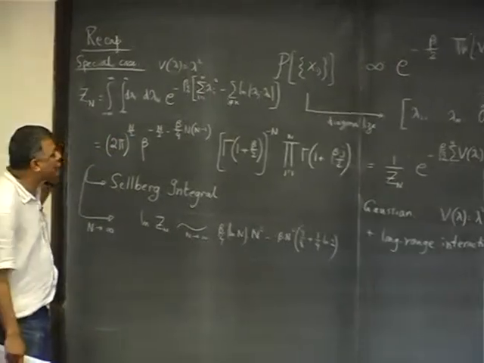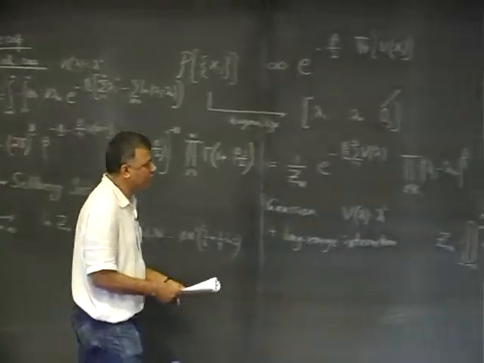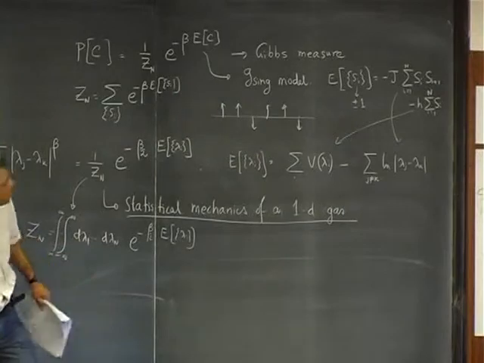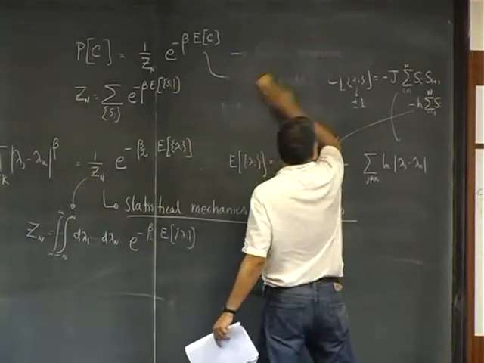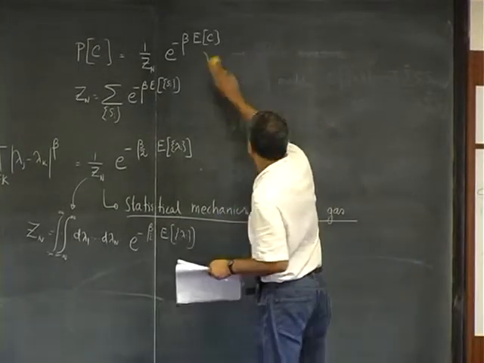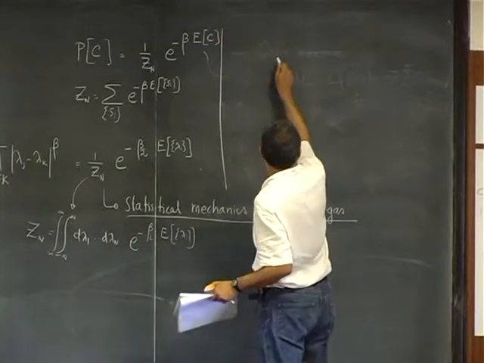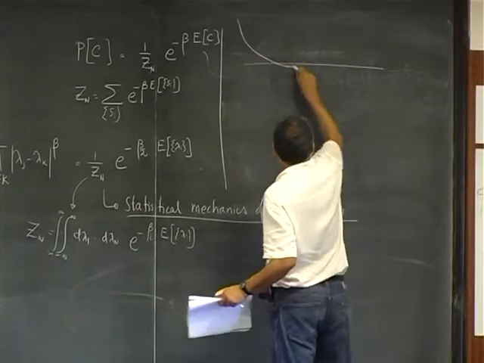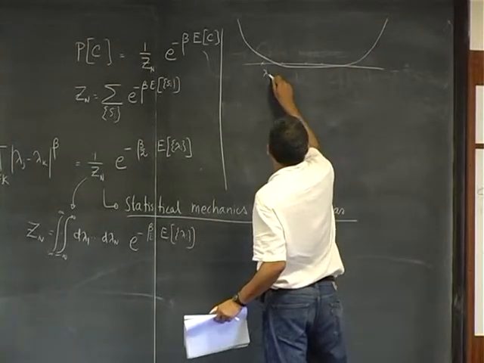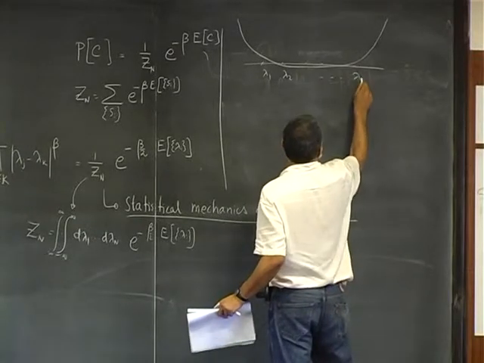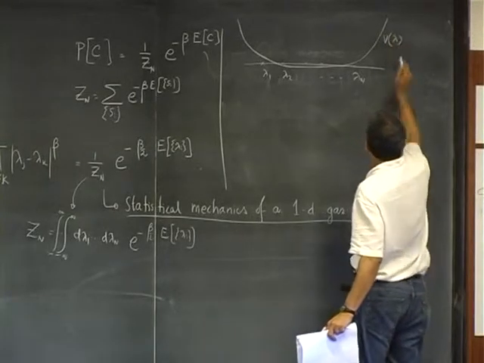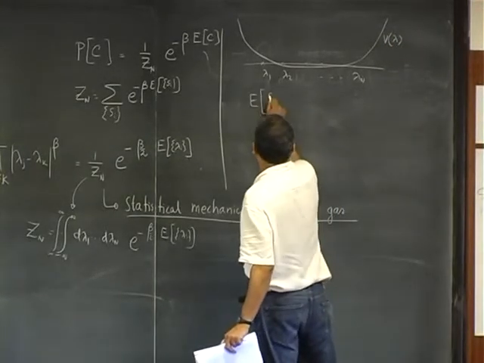If I want to calculate even the average density of states, because as I told you, these charges are... always remember this physical picture, that you have this line and you have this confining potential, whatever it is, and you have these charges sitting there in this potential. And there is a confining potential V of lambda, and the energy of this configuration is